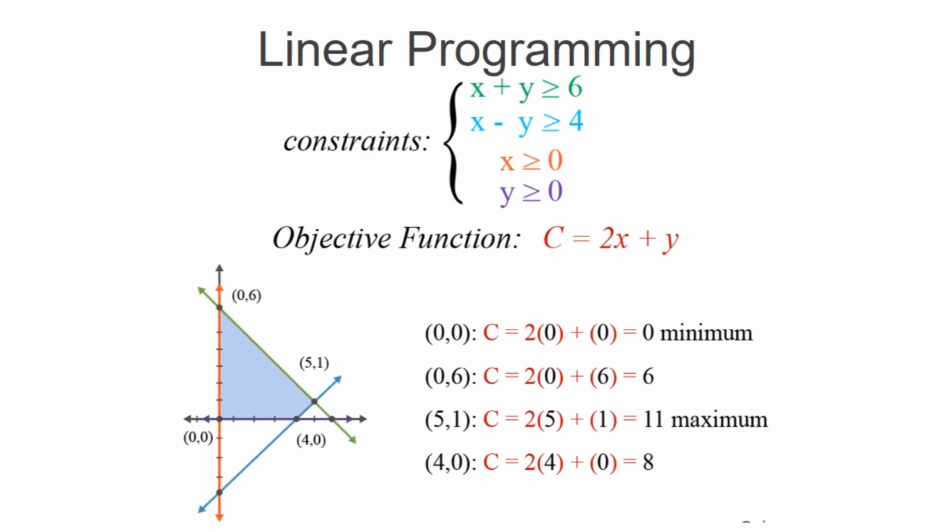Linear programming, I have given you an example in the slide. These are the steps. You must write the constraints. Don't forget x greater than or equal to 0 and y greater than or equal to 0. That is default for all questions, so you may think you need not write it. But if you write it, you will get complete marks, because in 3 mark questions they will ask you to write only the constraints without the graph. You have to write only those 4 statements and the objective function, and you will get 3 marks. Easily you can gain the marks.